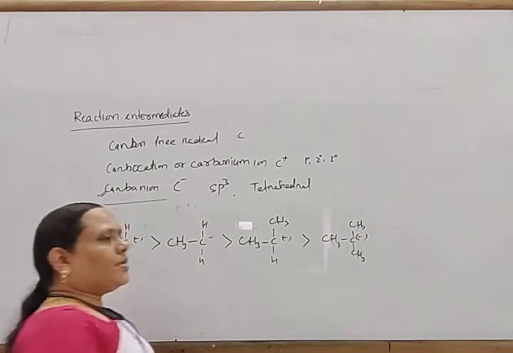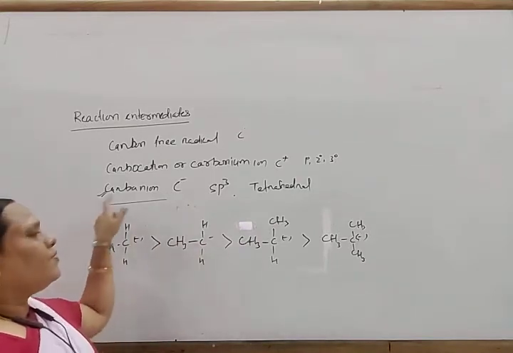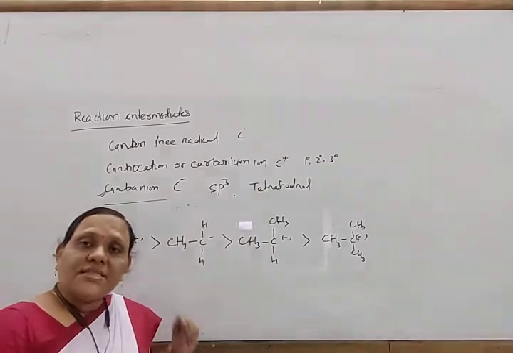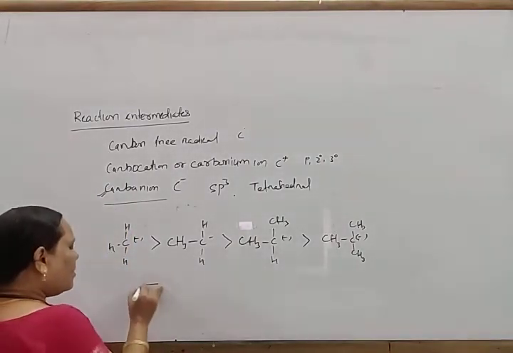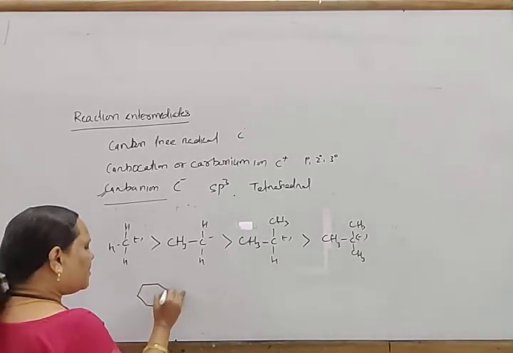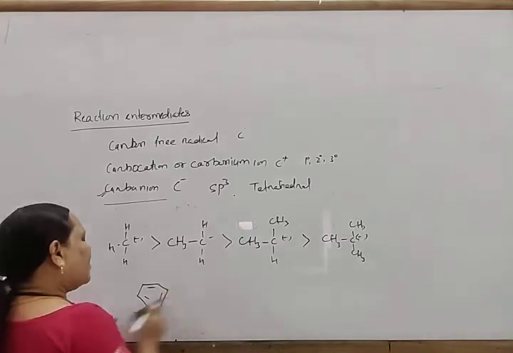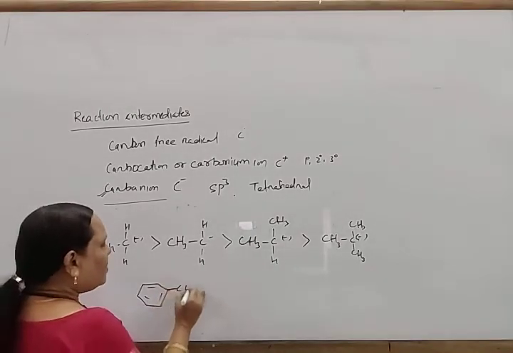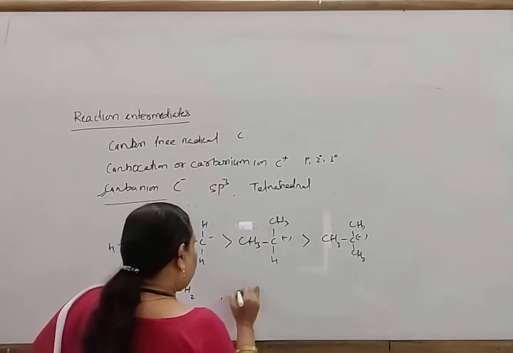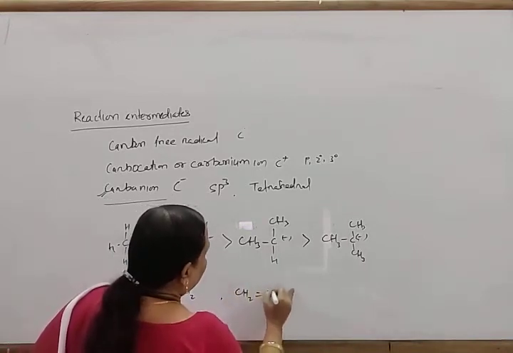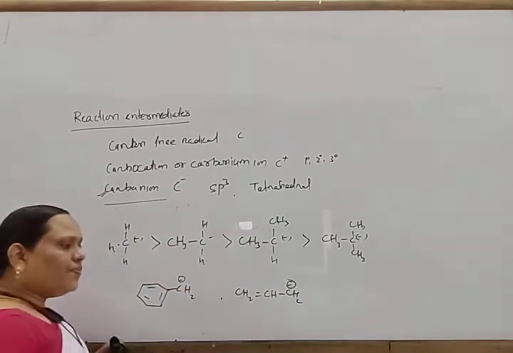So this is the carbon atom, and the reactivity order is just opposite of this. And here also the benzyl and allyl carbanions, although in case of free radicals these are more stable, in case of carbocations these are more stable, as well as in case of carbanion intermediates, these are again more stable, that is due to resonance.